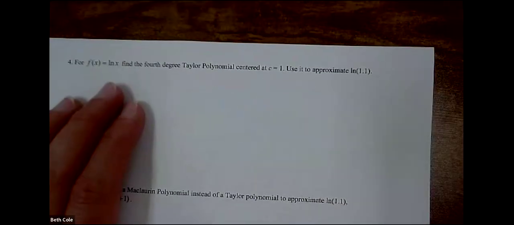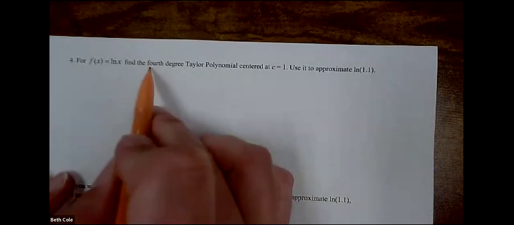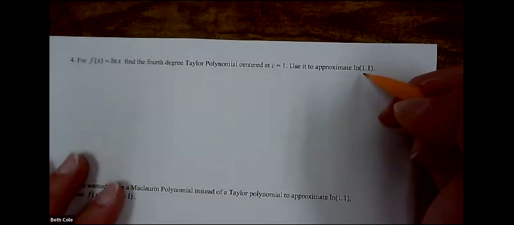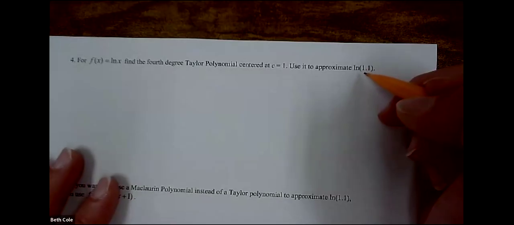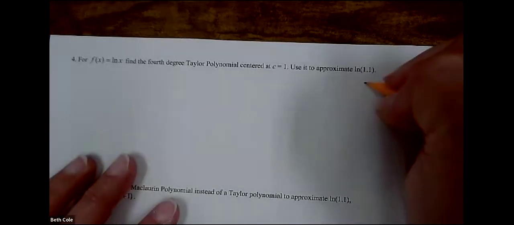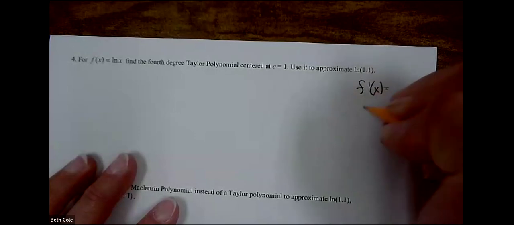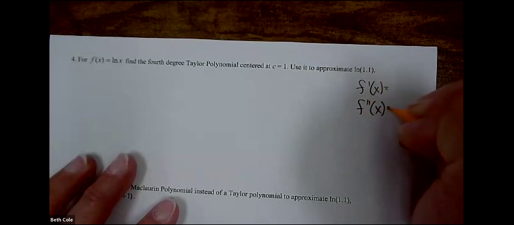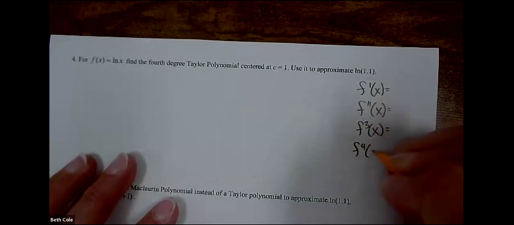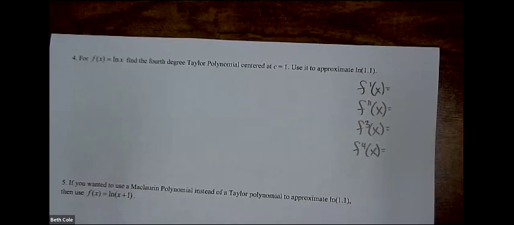So, all right. For this one, it's not e to the x this time, so all your derivatives are going to be different. We want to find a 4th degree Taylor polynomial centered at 1, and then we're actually going to use it to make an approximation, so I'm going to have to pull up the calculator. Off to the side, I do it like a margin problem. We're going to get our first derivative and our second derivative and our third derivative and our 4th derivative. And why am I stopping at the 4th